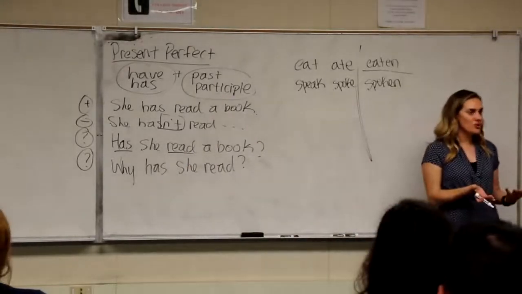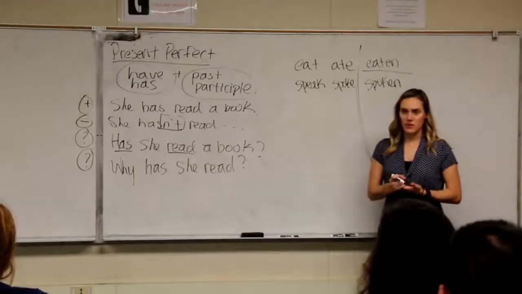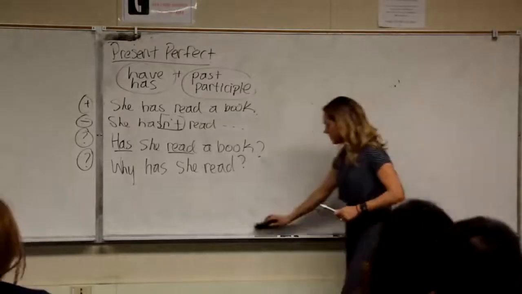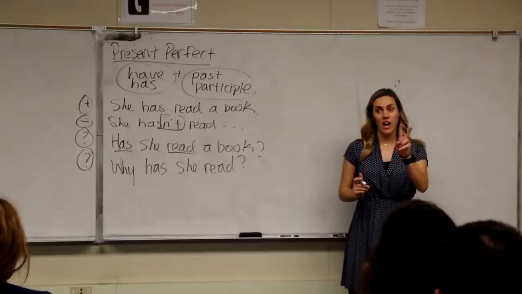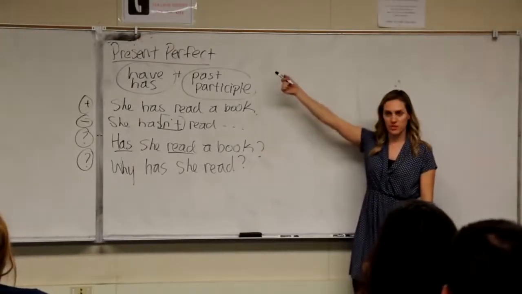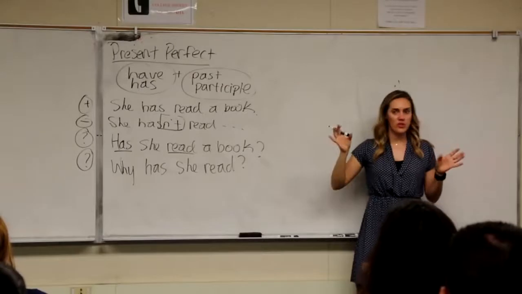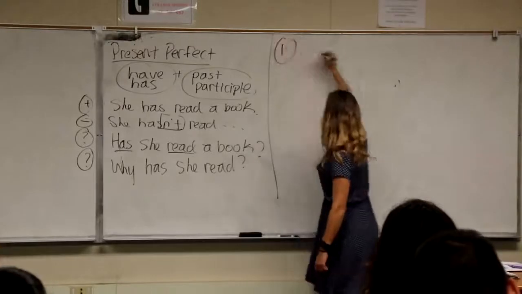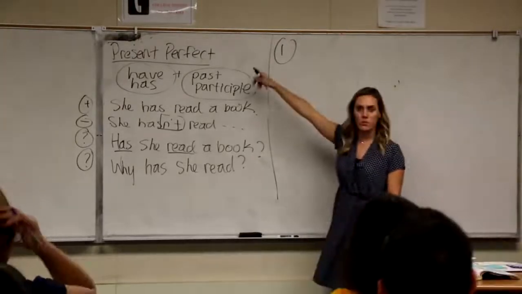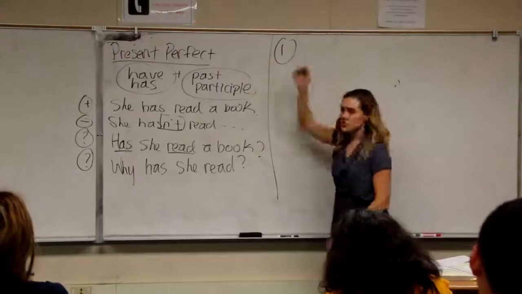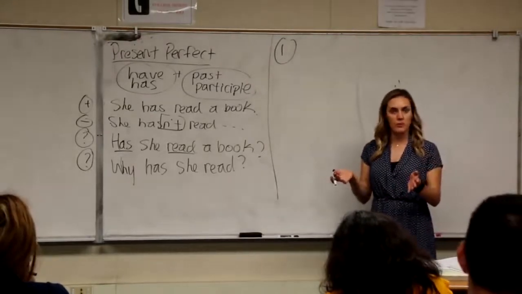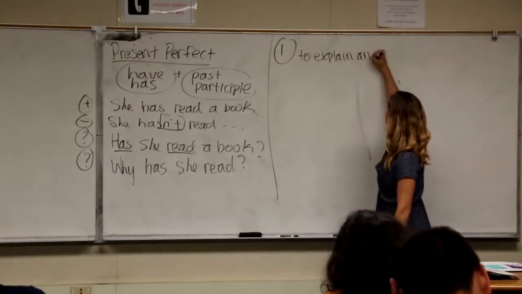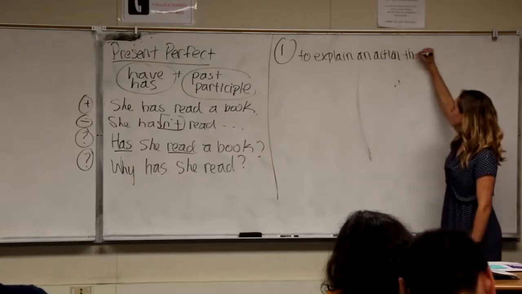But how do you know when to use it? Something happened in the past and continues to the present, or starts in the past and finishes in the now. Okay, there are two reasons why we use the present perfect. Two. And I think students confuse them a lot. So the first reason why we use the present perfect is just like the present perfect progressive: to explain an action